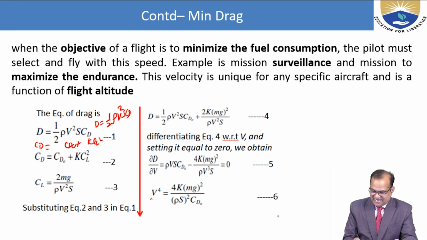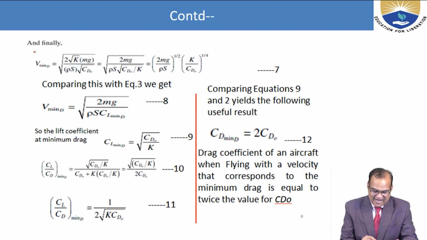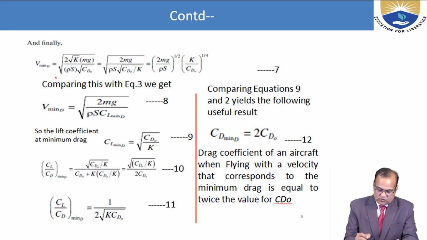So we can write that V to the power 4 is equal to 4K mg square by rho S square CD naught. V square is equal to 2 mg by rho S under root K by CD naught. Finally, V minimum drag is equal to